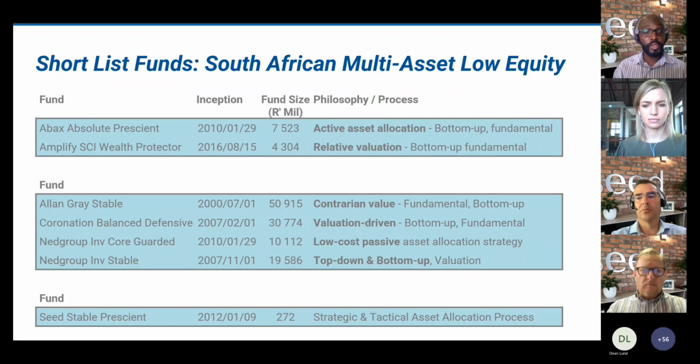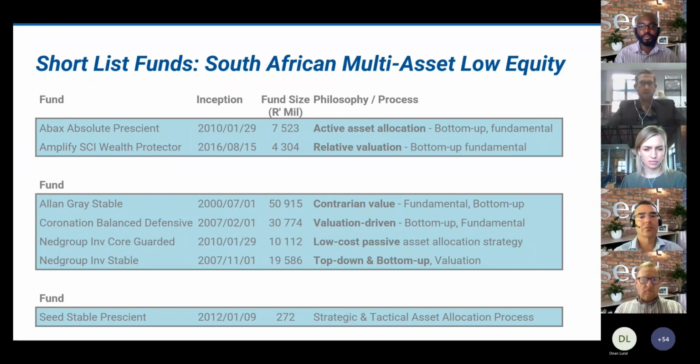The Net Group Investment Core Guided, like I've said, follows, just pretty much tracks passive strategies. So it's a local strategy that is tracking passive strategies to build an asset allocation portfolio. And then the Ford Asset Management, managing that Net Group Investment Stable, use a top-down macro approach and combine that with a bottom-up approach. And then this actually gives you quite a different portfolio.